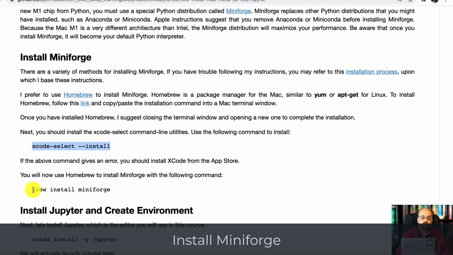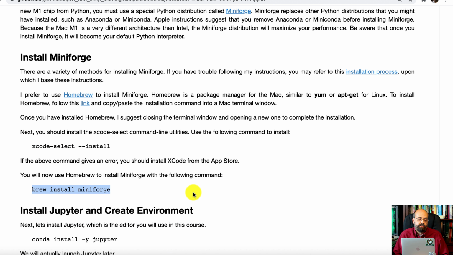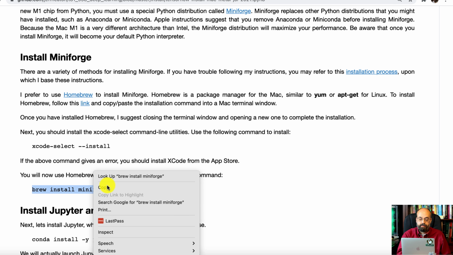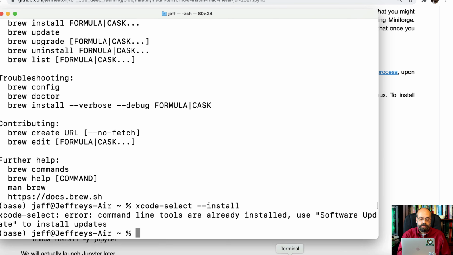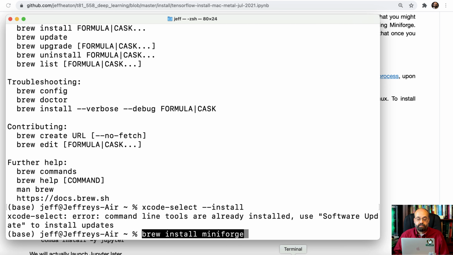And then we're going to do brew install MiniForge. There's a variety of ways to do this. You can also download a shell command from, you can see it in this installation process up here. So if this isn't working for you, you may want to try that as well. But I'm going to go ahead and copy this, run it from here. So that's going to make use of brew, and it's going to install MiniForge.